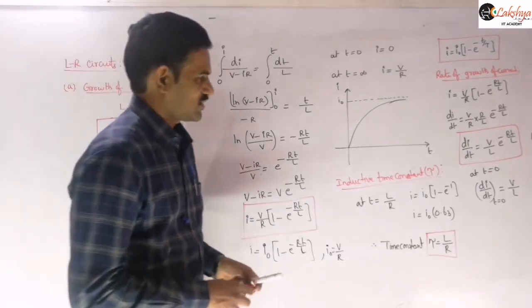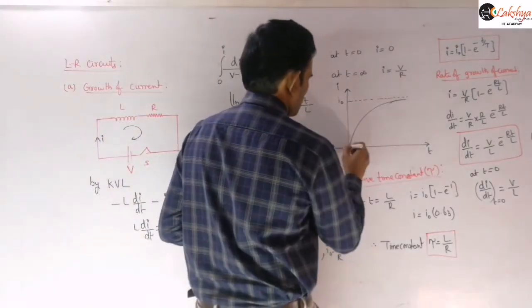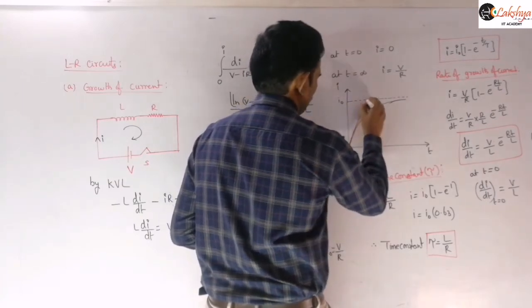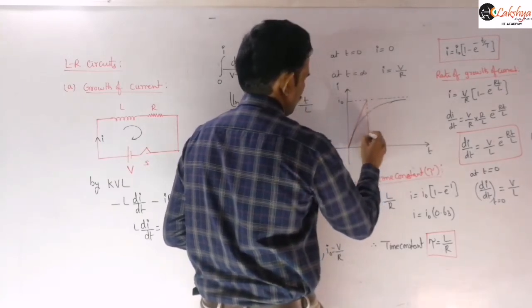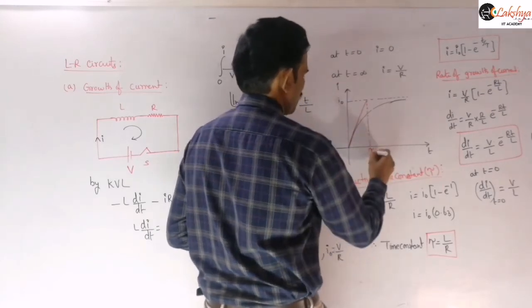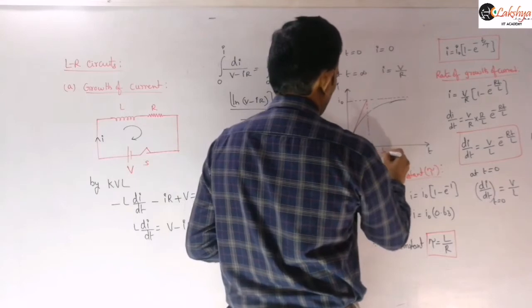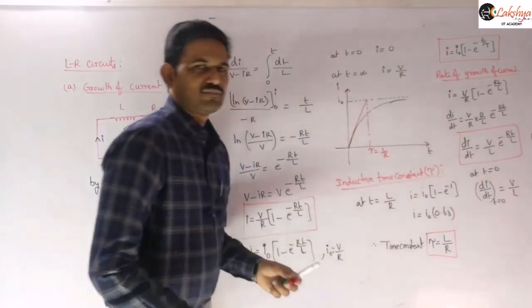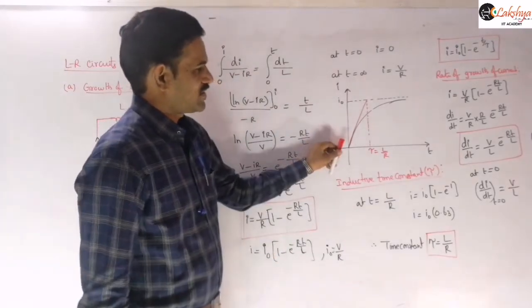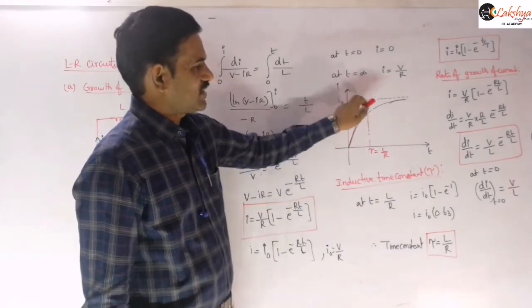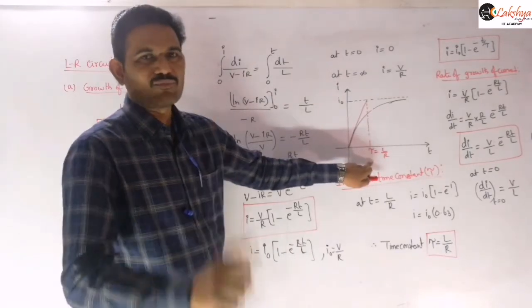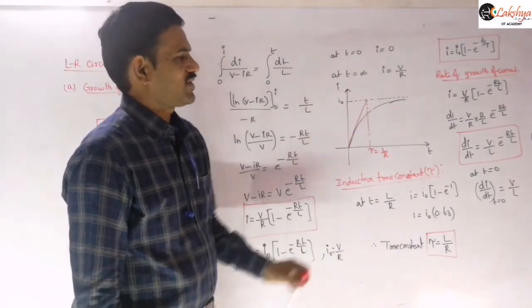Now we can mention here, in the LR circuit also, such a point. This is nothing but one time constant here. One time constant is L by R, right? That means if you draw the tangent at the initial point and extend it, it will touch this I naught value in a time of one time constant. That means this value will be equal to L by R.